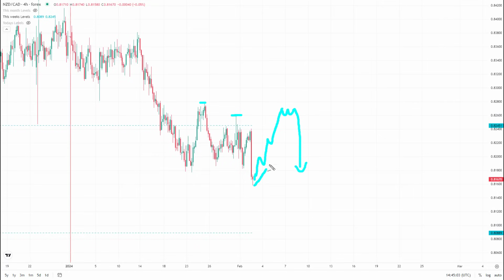Now for the intra-week traders, again, if it breaks out before it tests the upper bound, especially if it breaks with momentum like this, it doesn't usually break all the way down to the lower bound. It usually breaks with momentum, and then you get a consolidation, and then you get a follow-through trade down to the lower bound here at 0.8088. But preferably, I'd like to see this pull back so I can fade any strength in New Zealand CAD next